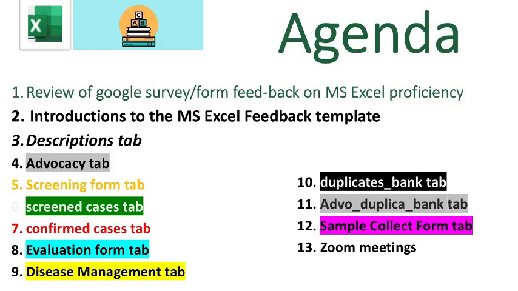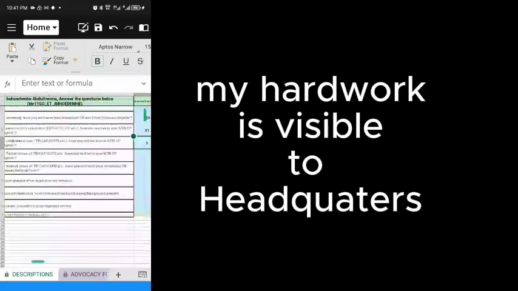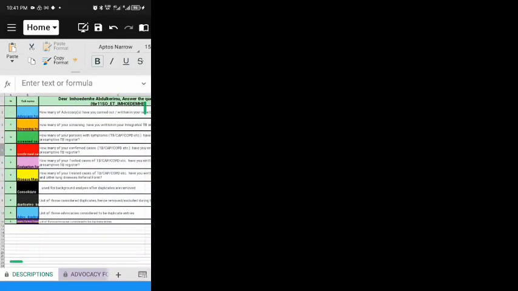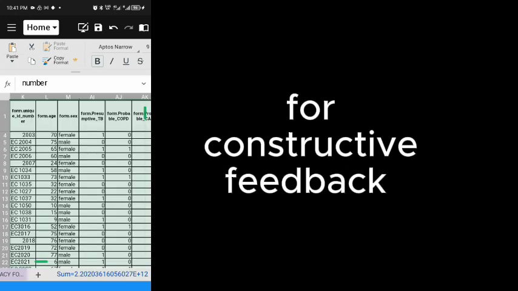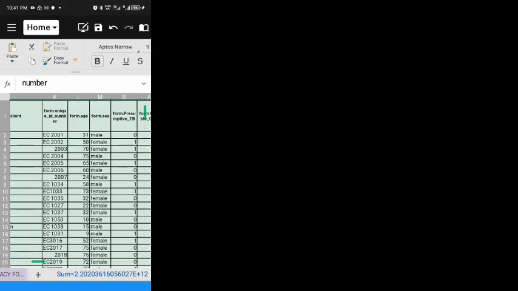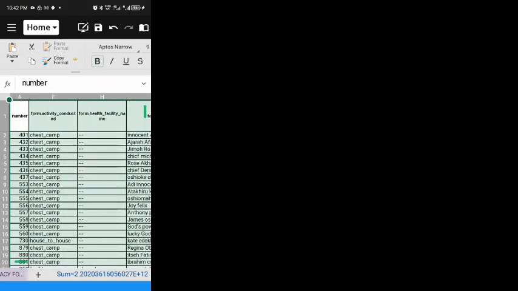Guide structure and content. This presentation explains the purpose and structure of the MS Excel feedback template and guides ComCare users through the entire process of how to use it. When properly used, community health workers and screening officers can see how much of their previous ComCare inputs and hard work have reached HQ. It also enables them to objectively provide comments and constructive feedback on how their entries can be improved. The operational guidance provided here includes: